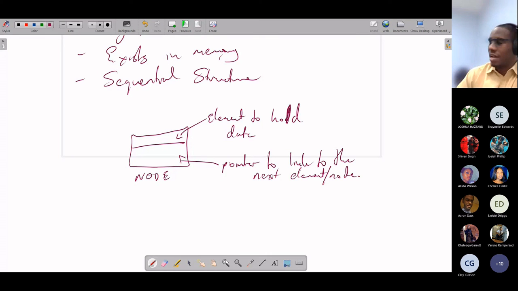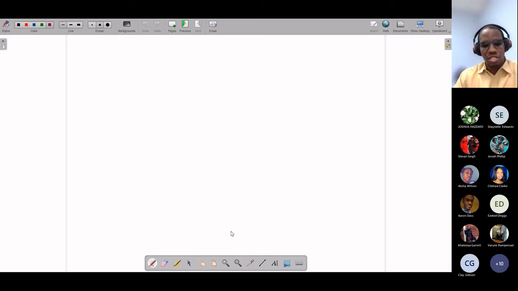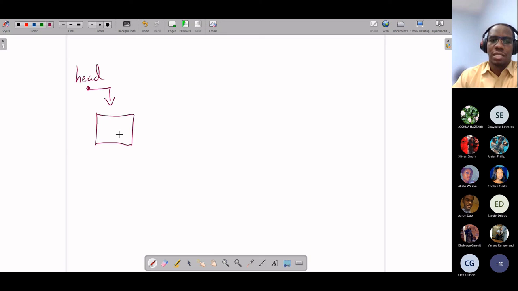So if I have to visualize a linked list, and this is where I'll stop today, first of all, you need a pointer which points to the head of the linked list, the first node in the linked list. And that first node, when created, is going to point to null, which signifies the end